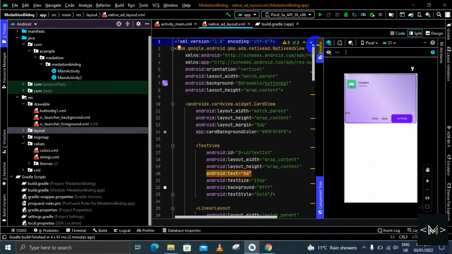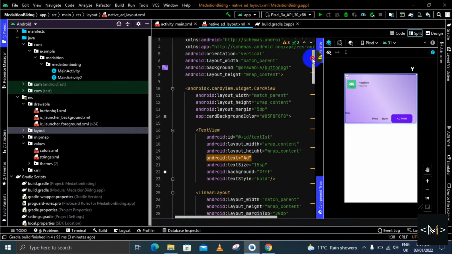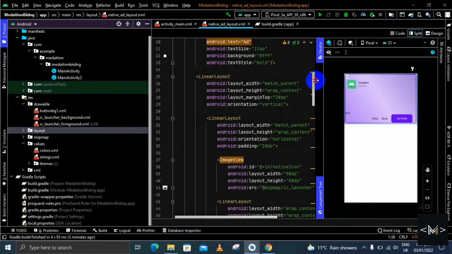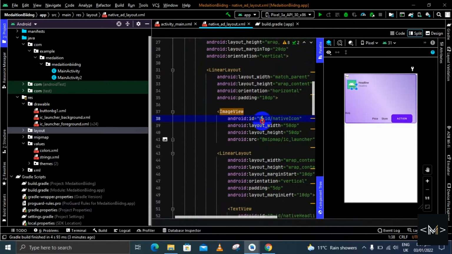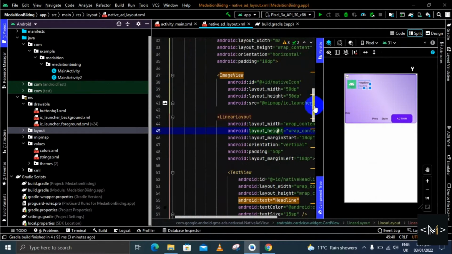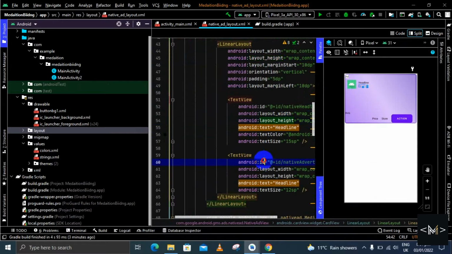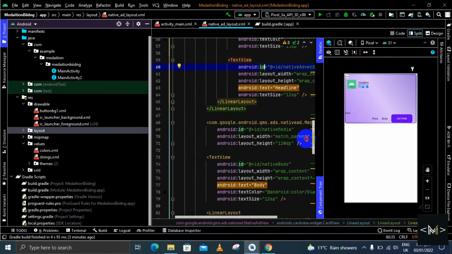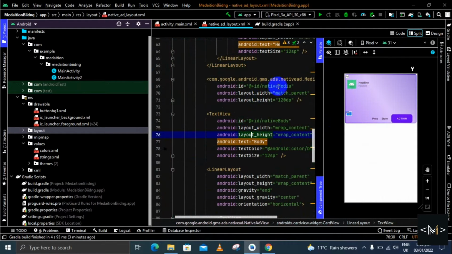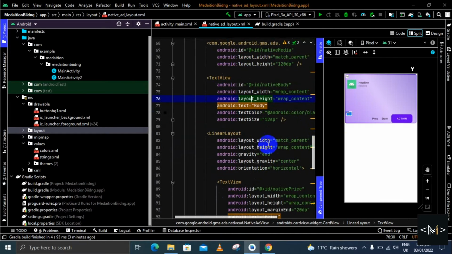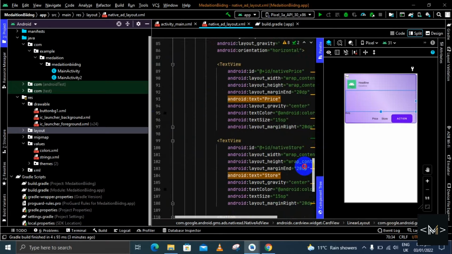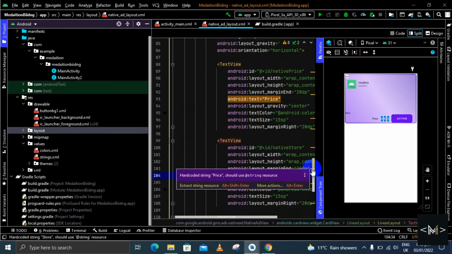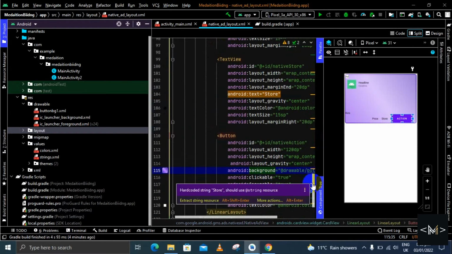So I have downloaded this. You can write it by hand by seeing my code. Look at this. This is a linear layout, then a linear layout, then an image view, then a linear layout with a title and headline, and here will be the native media view. Also this is the text view, price, store, and at the last here is a button,